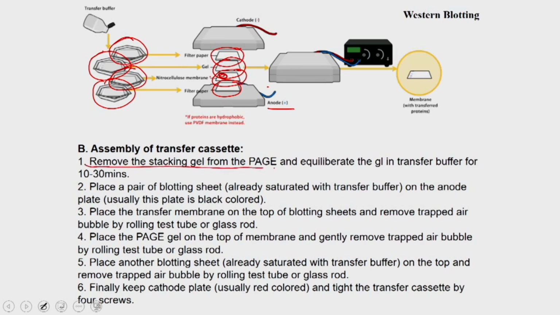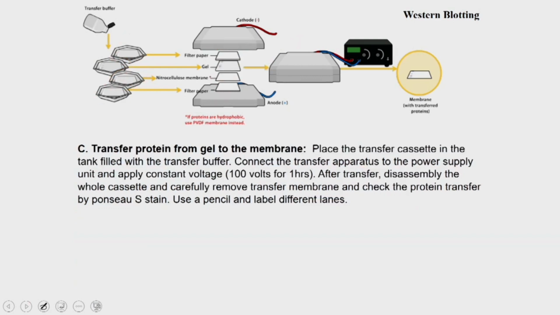Then you remove the stacking gel from the page and incubate the gel. Okay. And once you are done with it, you put the cathode and then you tie up with the help of the screws, and then you connect this to the power pack and you run it at 100 volts for 1 hour. So then you transfer the protein from the gel to the membrane: place the transfer cassette in the tank filled with the transfer buffer, connect the transfer apparatus to the power supply unit and supply the 100 volts for 1 hour. After the transfer you disassemble, so you remove the screws and carefully remove the transfer membrane